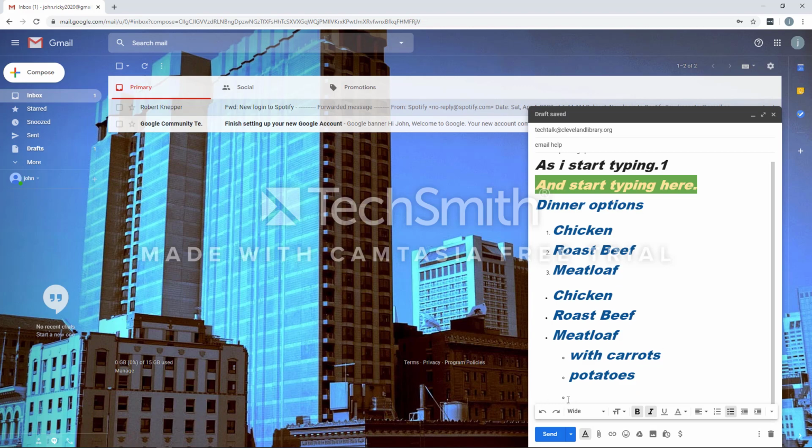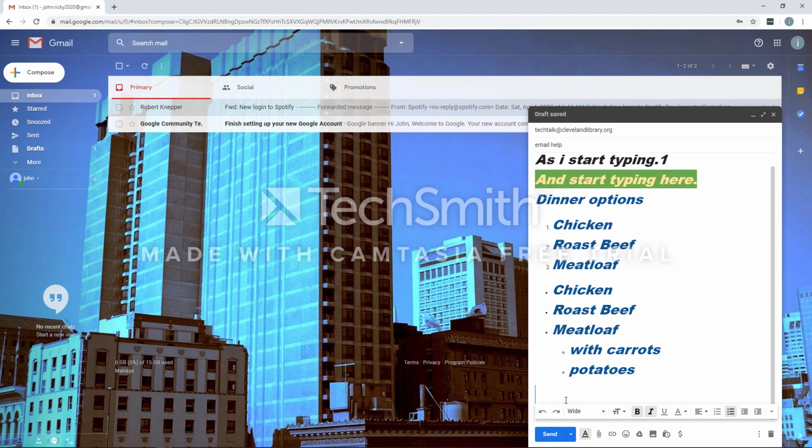And again, I hit return, gave me another bullet point, a hollow bullet point. No information I've entered. If I hit enter again, it'll take me back one indent and give me a dark circle. And if I hit enter again without information, brings me right back to my standard indent for start typing regular text. Okay, once we have that whole body filled out, we can click send, and it will send it to